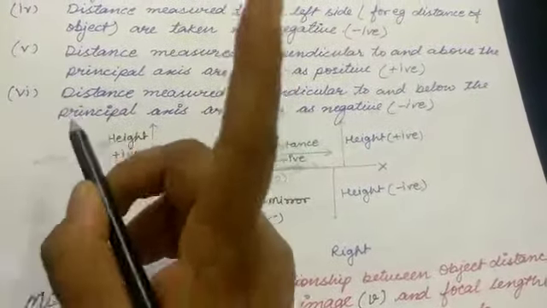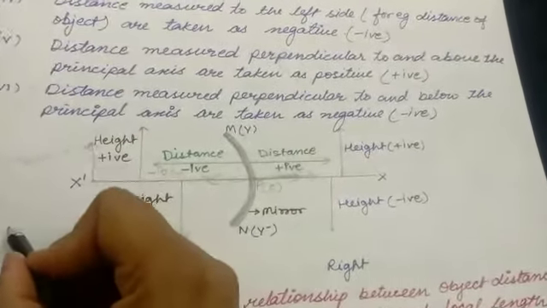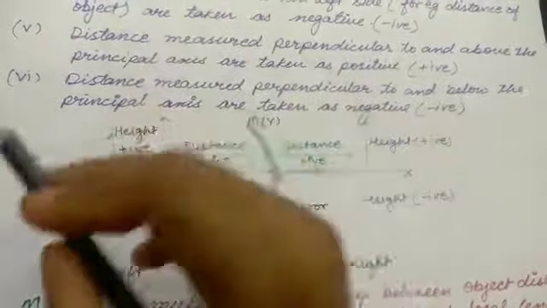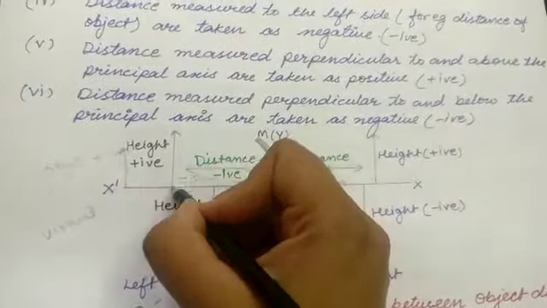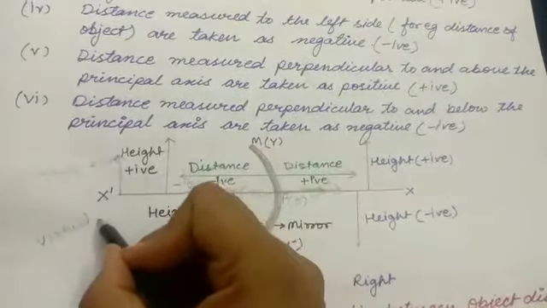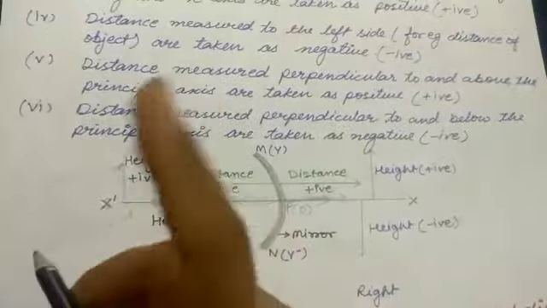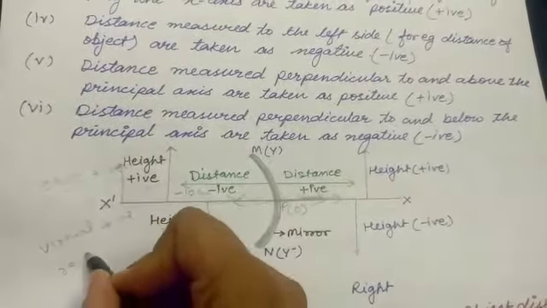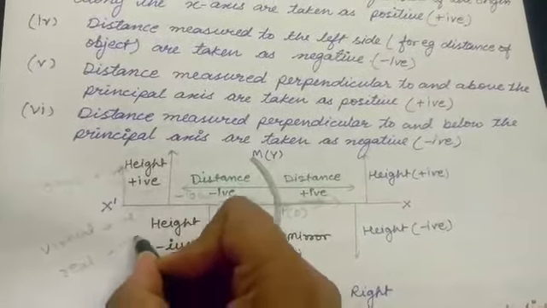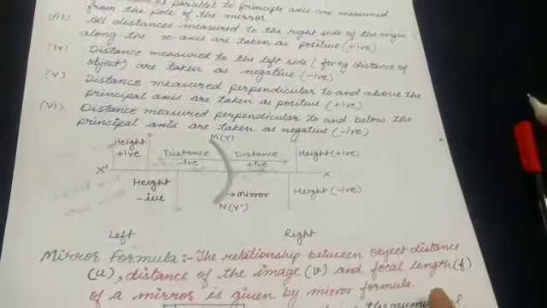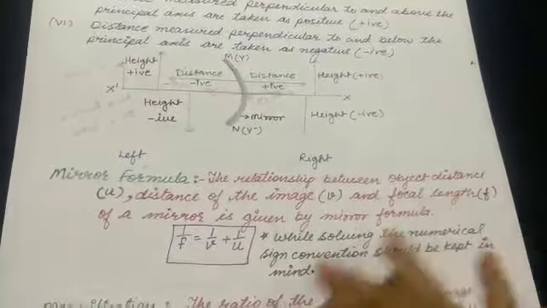So we can consider that the height of the object is always going to be positive. And one more thing: virtual images, which we said previously are always erect like the object, so their height is going to be positive. But real images are formed inverted, so the height of a real image will always be negative. All these points are considered the Cartesian sign convention.